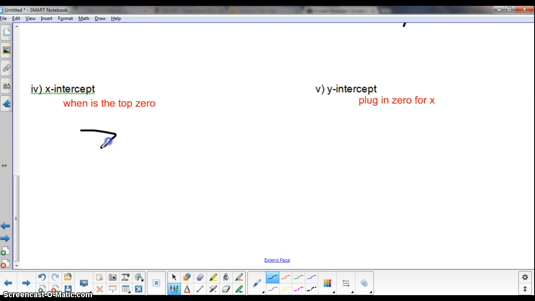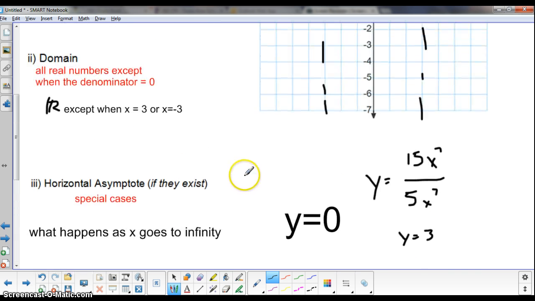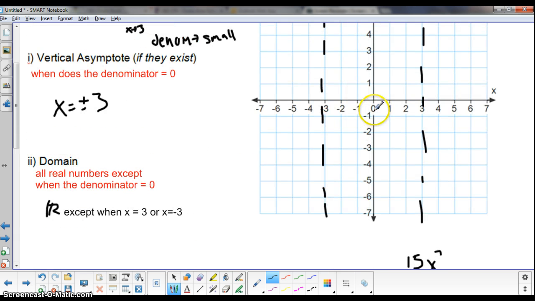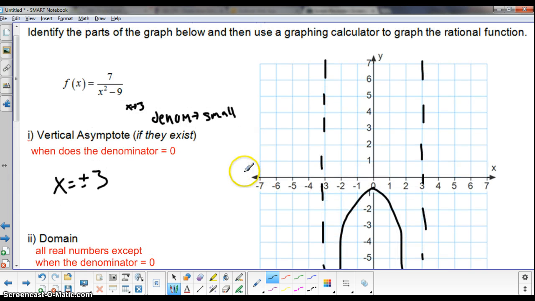All right, finish it up here. X-intercept, when is the top going to be equal to 0? Just set it equal to 0. 7 equals 0 when? Never. That doesn't exist. No x-intercept. And then plugging in 0 for x. This is so easy. I'm sick of seeing people get this wrong. It's 7 over 9. Just plug in 0. Negative 7 over 9. And so the graph is going to look something like this, but I'm not super worried about it. And you have a graphing calculator, so you should be able to do this without